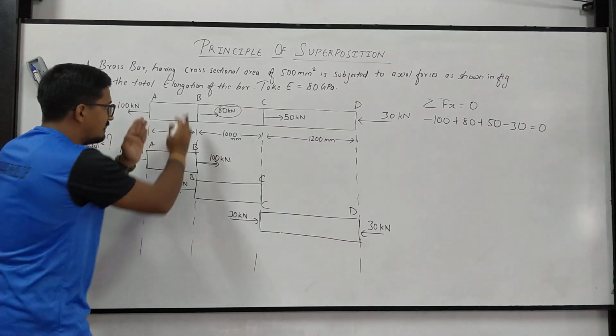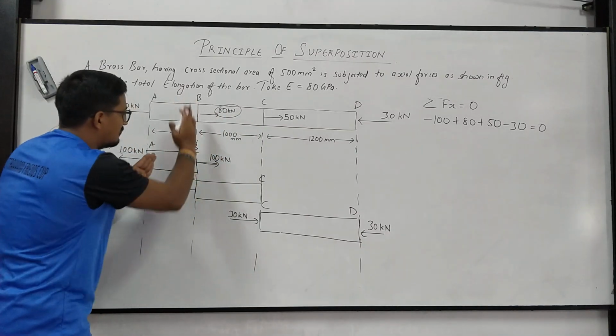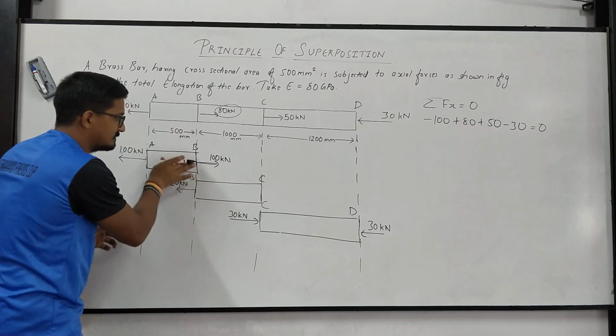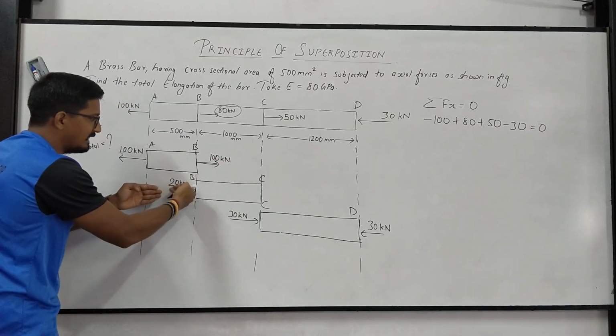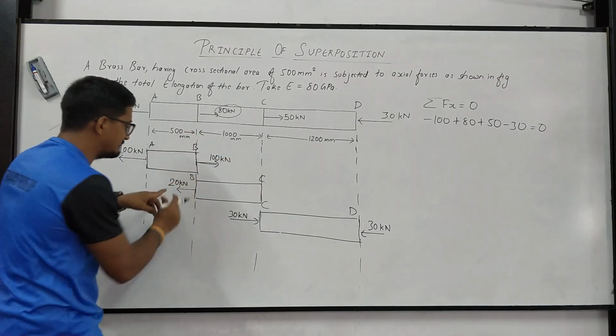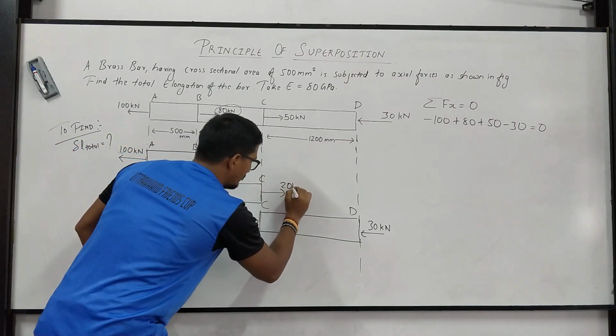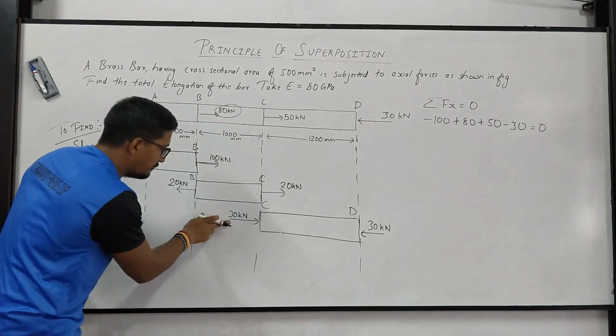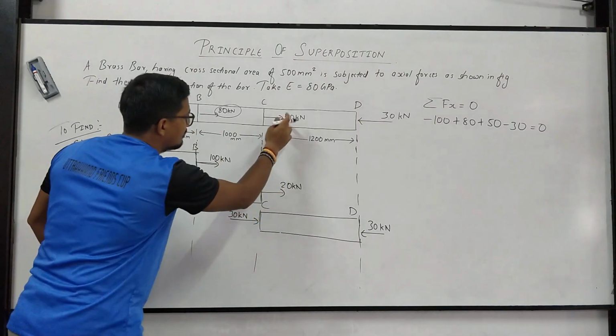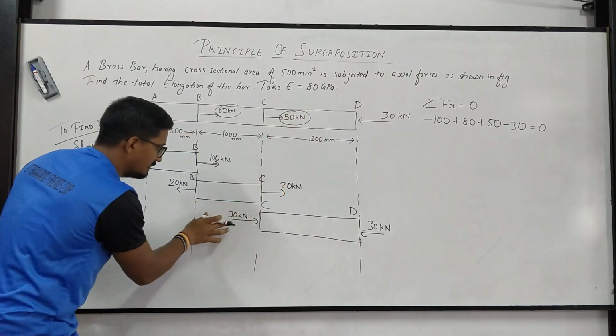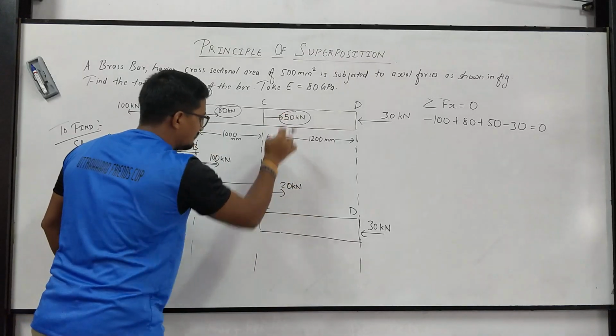So in this way, the resultant of this section is also balanced. Plus 100 minus 20 gives you plus 80. So this is balanced. Since here it is plus 20, put 20 here and check. Plus 30 plus 20 gives you plus 50. Correct?